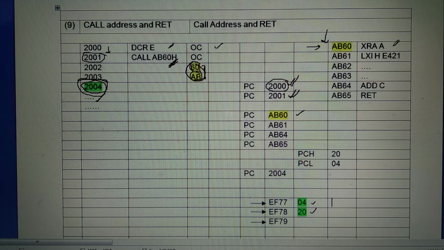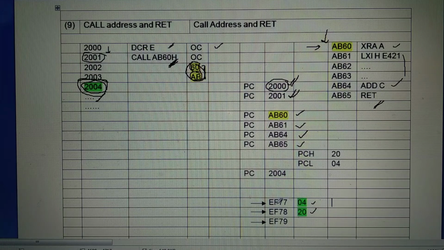That instruction gets executed, the program counter becomes AB61, the 3 byte instruction gets executed, the program counter becomes AB64, the 1 byte instruction gets executed, the program counter becomes AB65, and when return gets executed, whatever you already pushed in the stack is popped out and stored in the program counter.